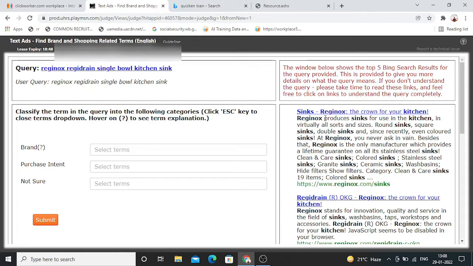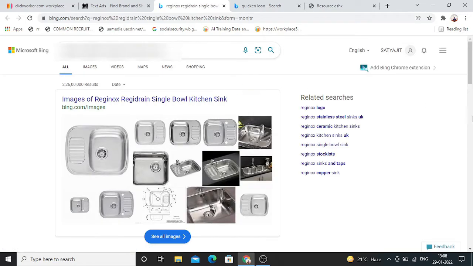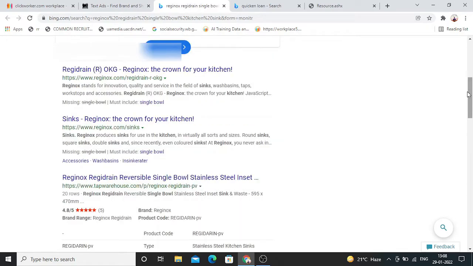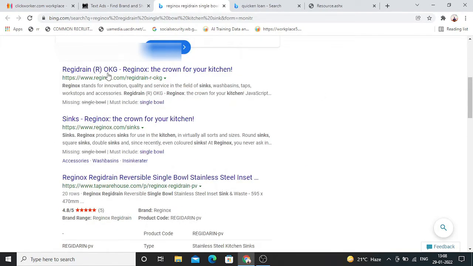We can see from this research panel that region ox, sings from region ox, right? Region ox, we can't identify this. Maybe this is not in English. Single bowl kitchen sink, but I don't think this is in English. So let's see. Click on that. Regi drain. Okay, Regi drain. So the brand name here is Region Ox,